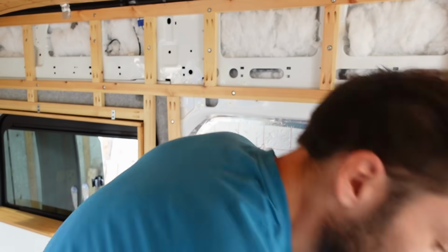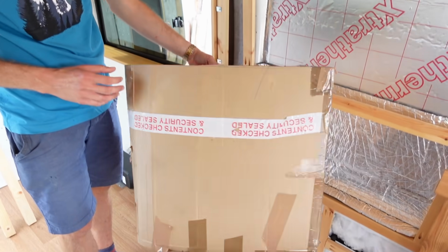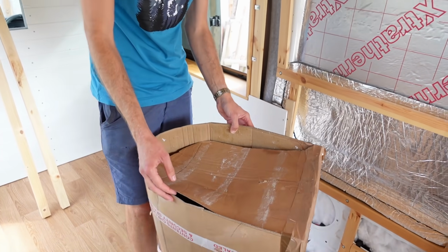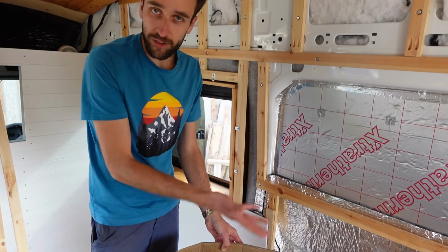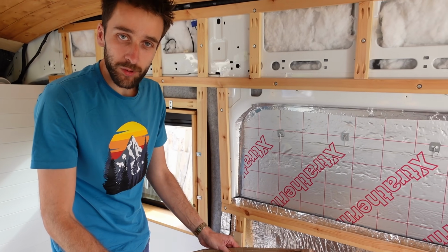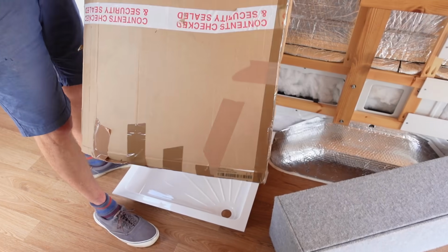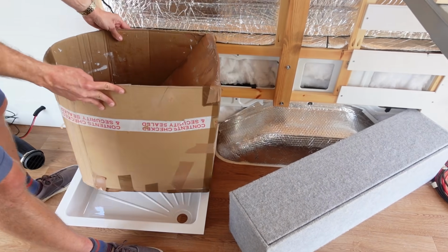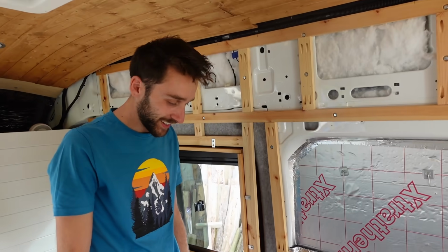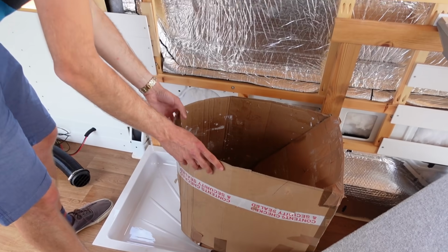The thing is, we've got this beautiful toilet mock-up, which Abby made out of cardboard, because we spent ages trying to figure out if we can get a toilet into the bathroom area, because that's what we would like to do. And this is a mock-up of one of the composting toilets, Simplu, I think it is, isn't it? Yeah. Which we're thinking about getting. And if Abby's done this right, this should be roughly the right dimensions, and as you can see, it doesn't even fit in the tray. So we'd have to build up a little platform for it to sit on,